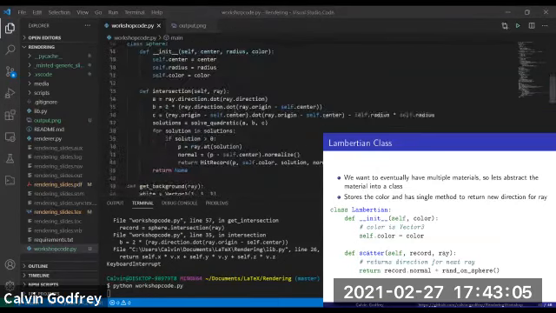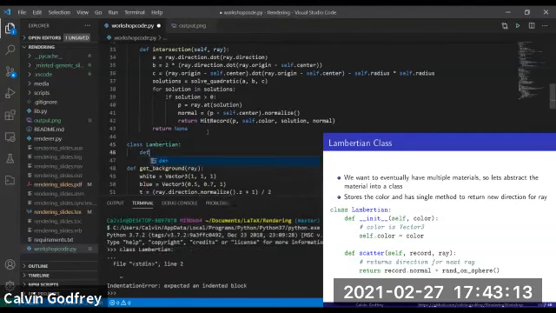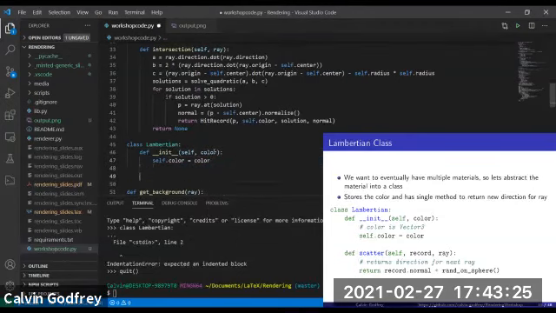So let's put it right here under the sphere. So class Lambertian. The only thing the material has to keep track of is its color. And then it obviously has the scatter method,